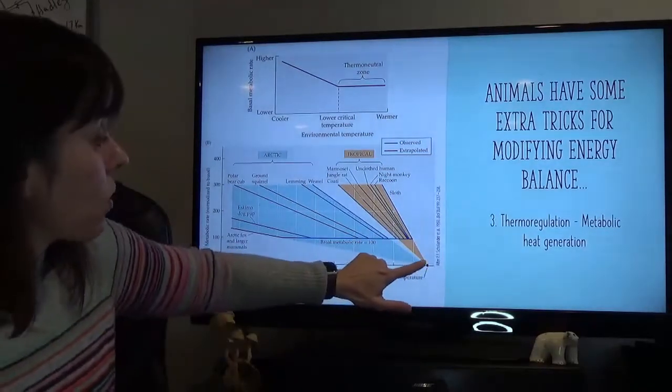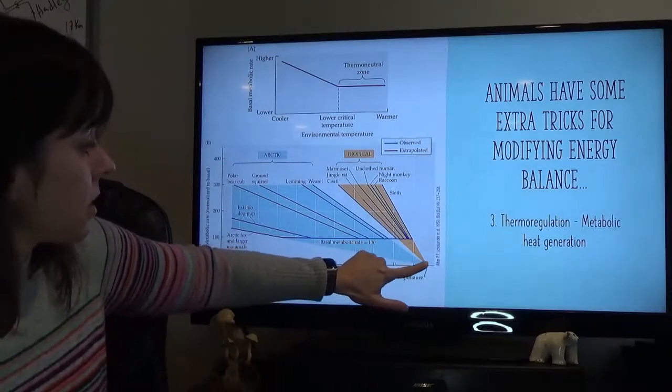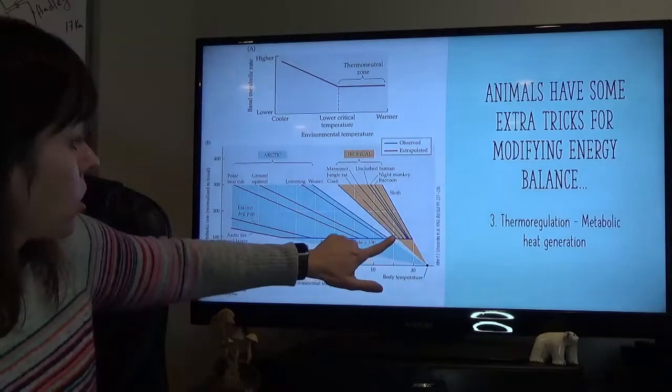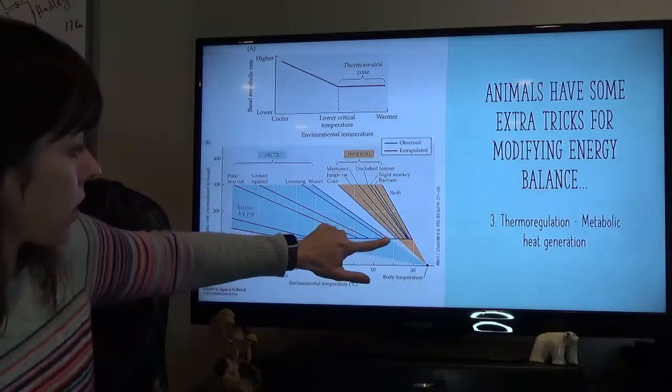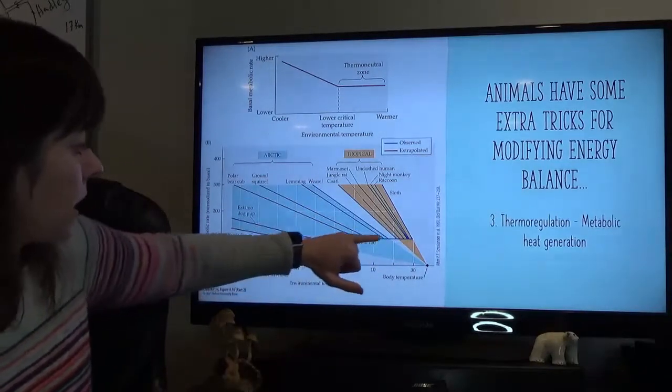And so what happens is, if you want to maintain this body temperature, when you start to drop below a particular air temperature, then, so this is our basal metabolic rate here,